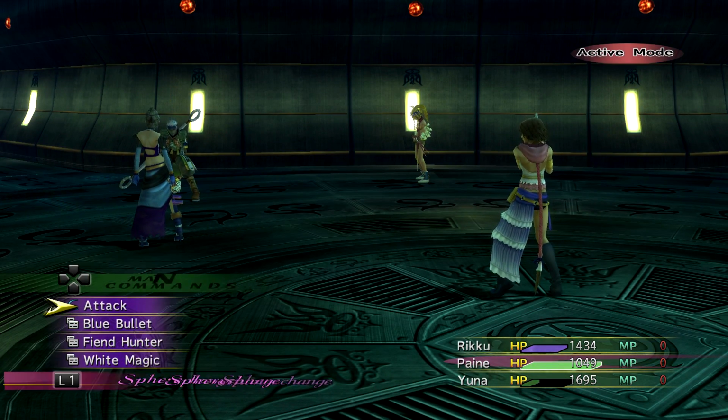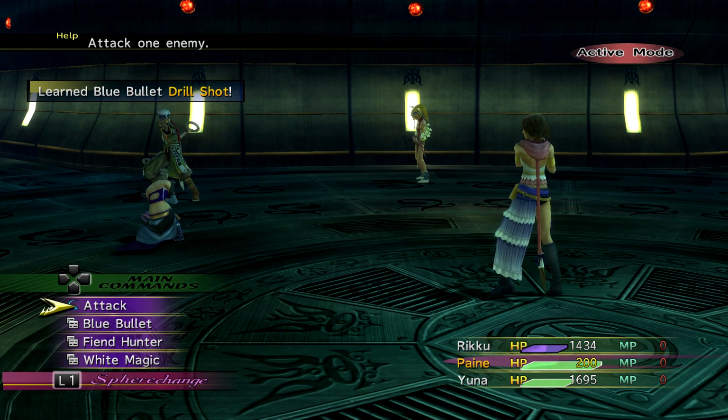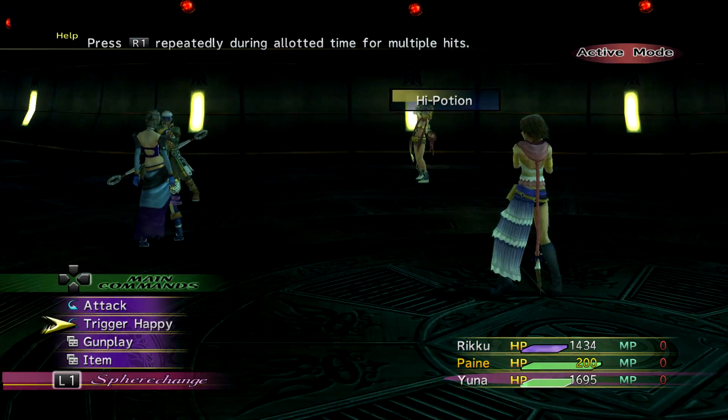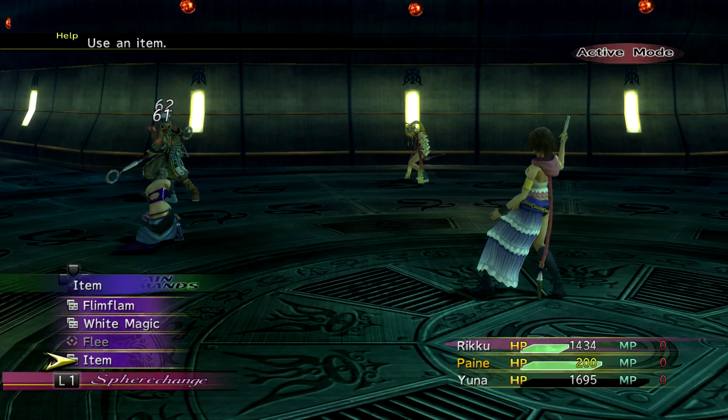It's not over. There we go. Drill Shot on the Gun Mage. Learn Blue Bullet. Drill Shot. Excellent. Now we can friggin' own him and do whatever it takes to score the kill without any more high